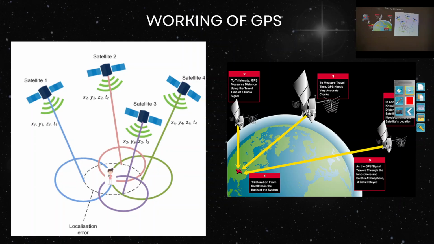So the GPS receiver picks up signals from multiple GPS satellites. Each satellite sends radio signals at nearly the speed of light,